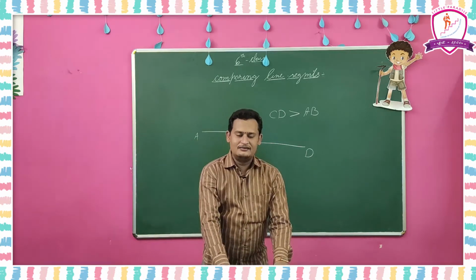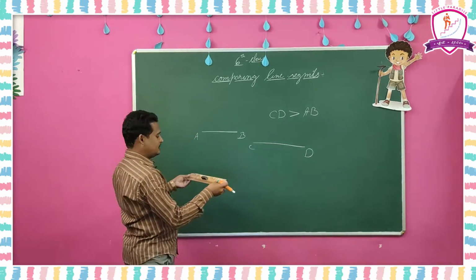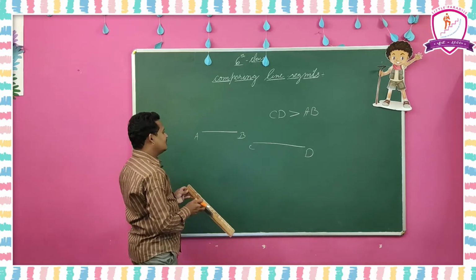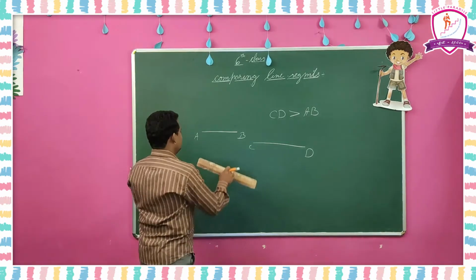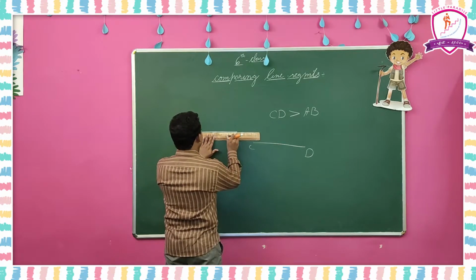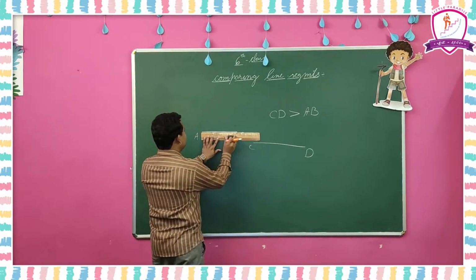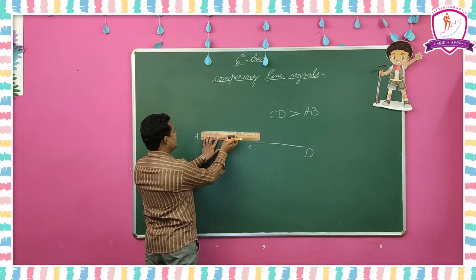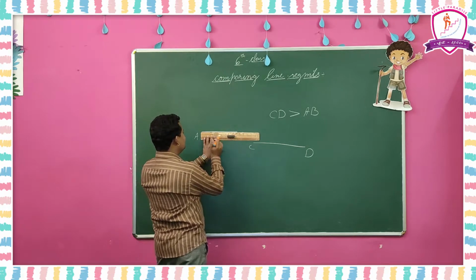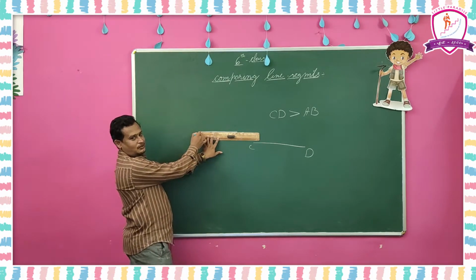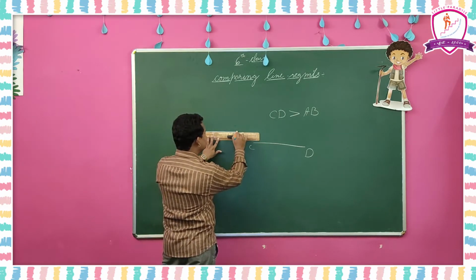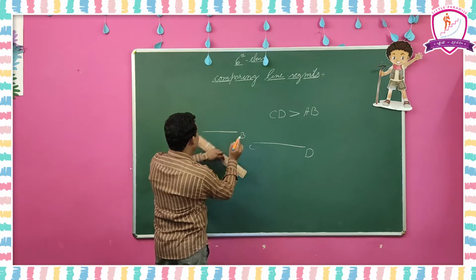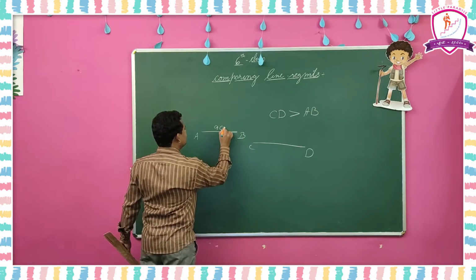And also we can find this with the measure. We can find the measure of the line segments and then compare them. Here we can find the length. The initial point must be 0. So here A is at 0 and B is at 9 centimeters, approximately 9 centimeters.